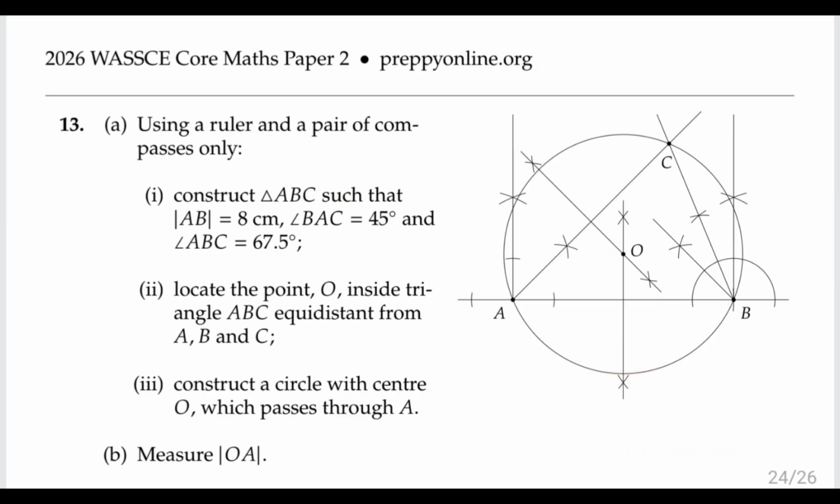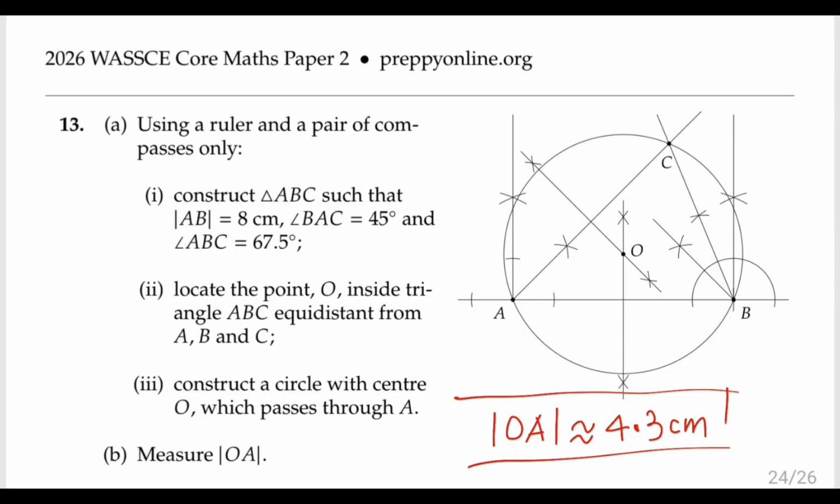Let me write that more permanently. OA is about 4.3 centimeters. I mean, if you get 4.4,